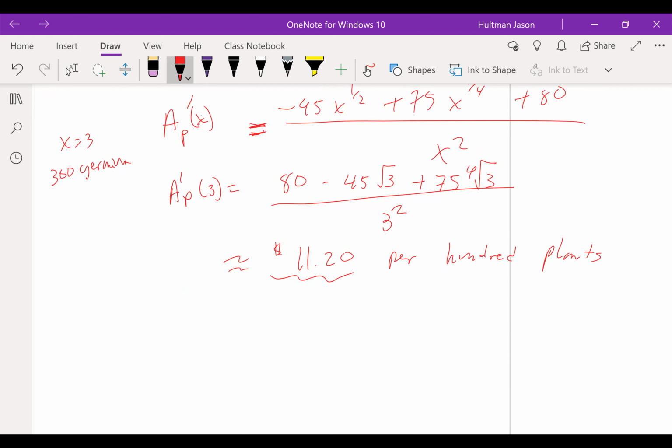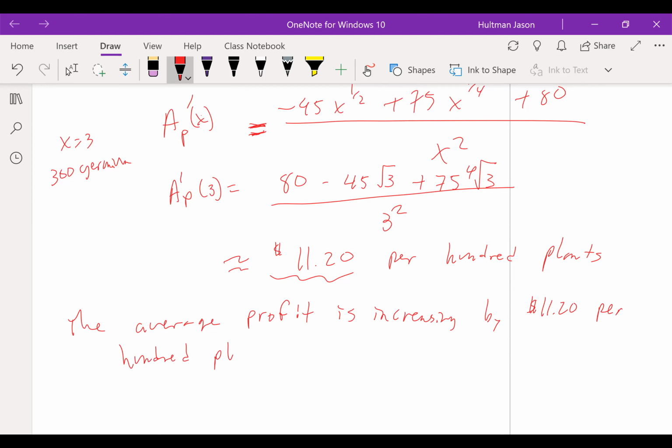I would say the average profit is increasing by $11.20 per 100 plants, or